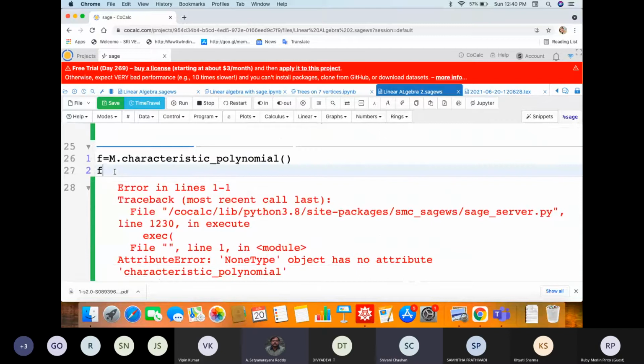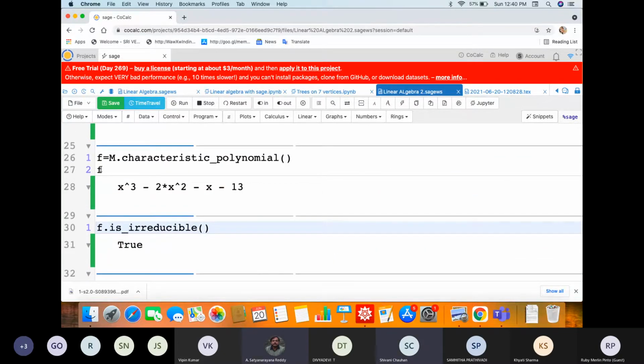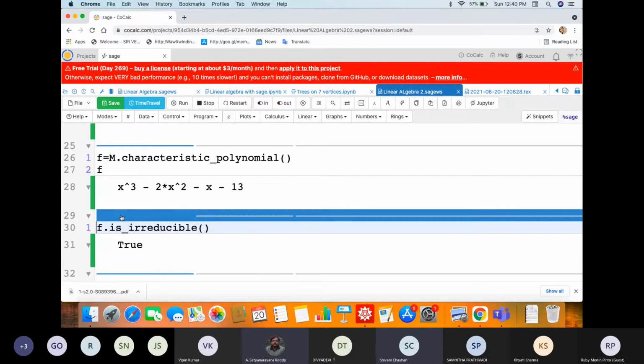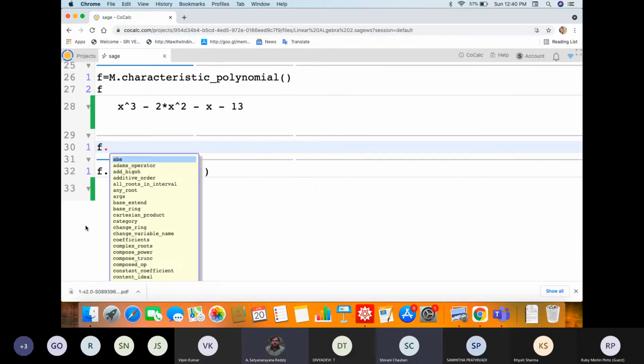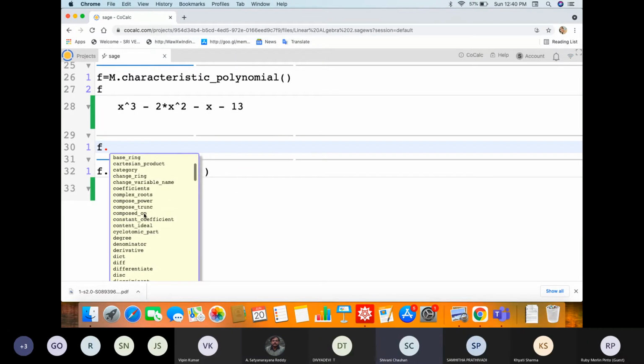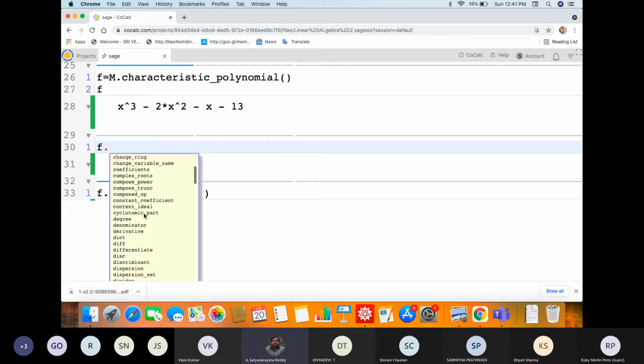Give polynomial x square minus 1. Here I have defined this polynomial f only. So for roots, what you have to do is f dot, press tab. Solve. Here you can see the factors and solve x equal to 0.